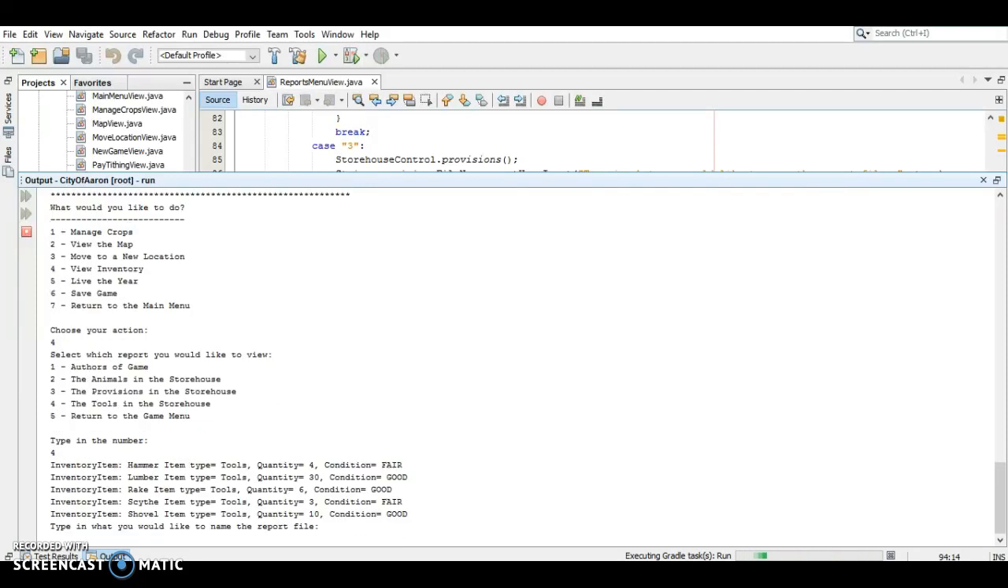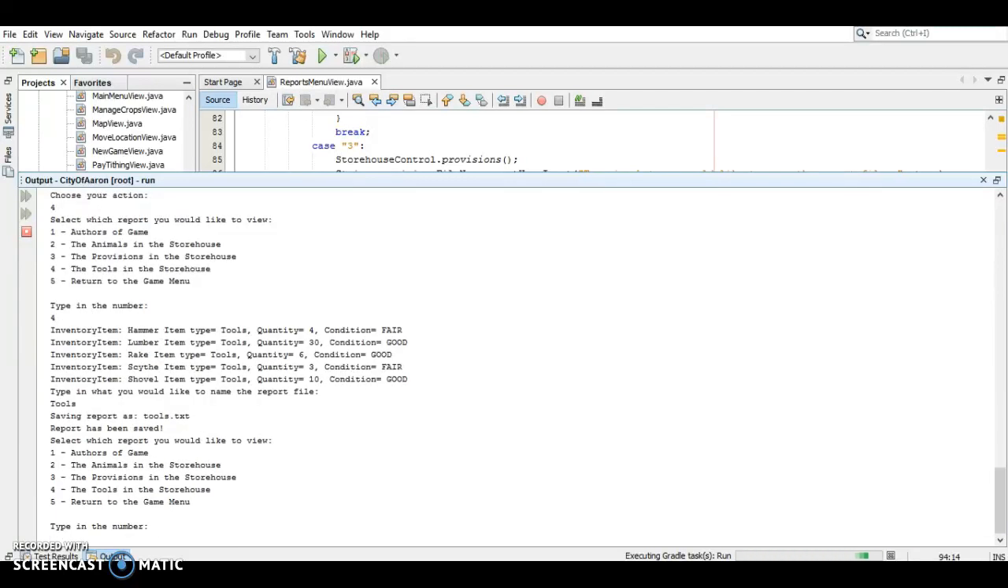So I will go to my tools and storehouse, and here again, inventory item gives me the names of all of my inventories. Item type, it is a tool. It gives me all the quantities, and it gives me the condition that those tools are in. And again, it's asking me what I'd like to name my report. And I'm going to do it, and see, I put in a capital T and it changed it to a lowercase, and it tells me my report has been saved. I'm going to return back to my game,